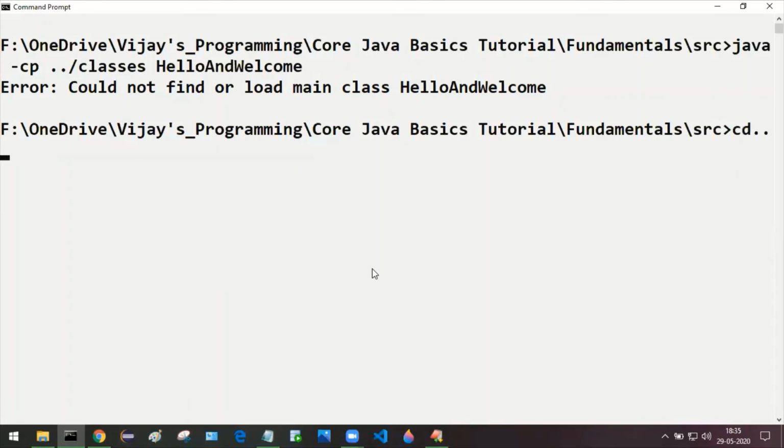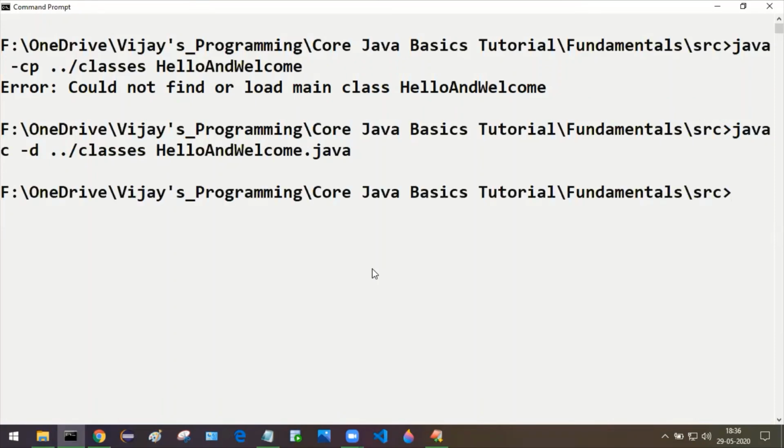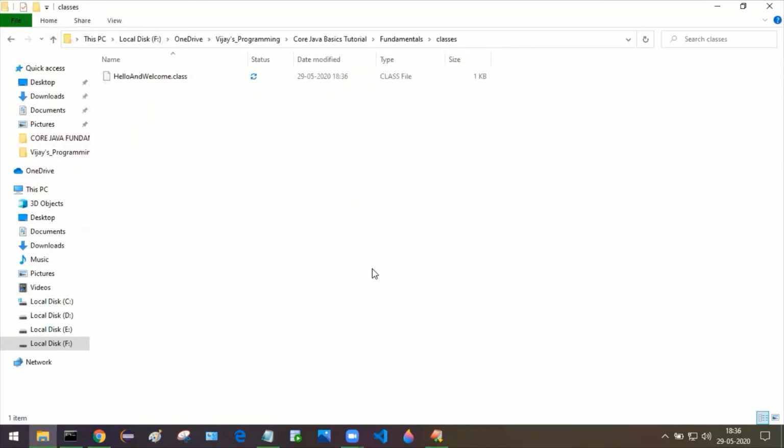So you just need to press up arrow to use already triggered commands. So javac -d double dot forward slash classes hello and welcome dot java. Press enter and go to the folder. Here you can see the generated dot class file.